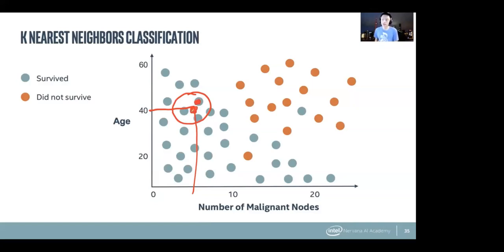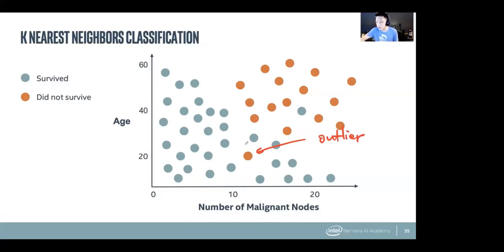And in fact, you maybe don't want to just look at one, right? Does anyone want to provide an example where if you only look at the one nearest neighbor, we would have an issue? The guy who's about 20 years old and has a little bit more than 10 nodes. Yeah, exactly, right? This guy is what we would call an outlier. Maybe this guy was a heavy smoker and he ended up dying at age 20, which is quite unfortunate. So this is an outlier, but it doesn't represent the general population.